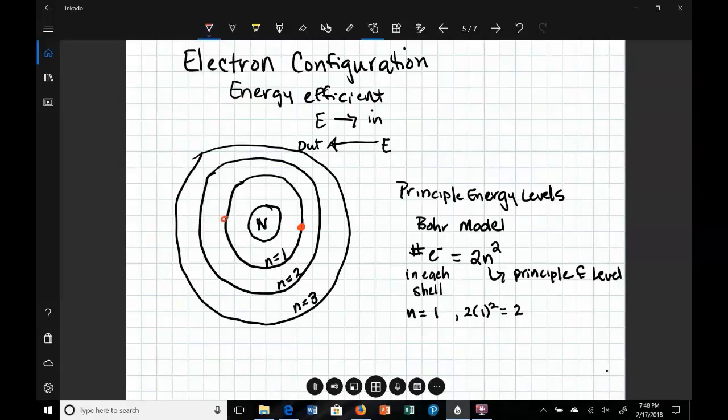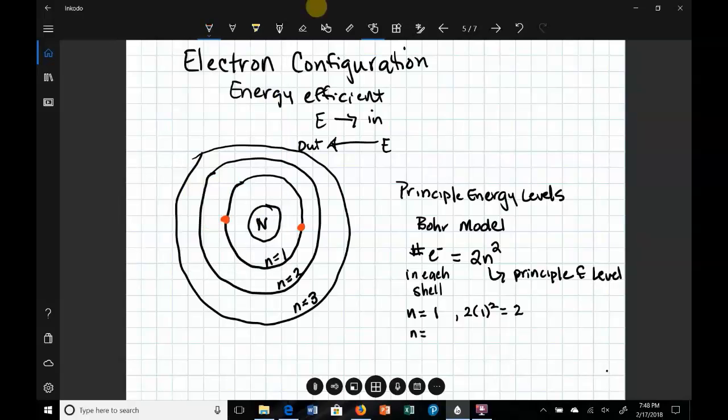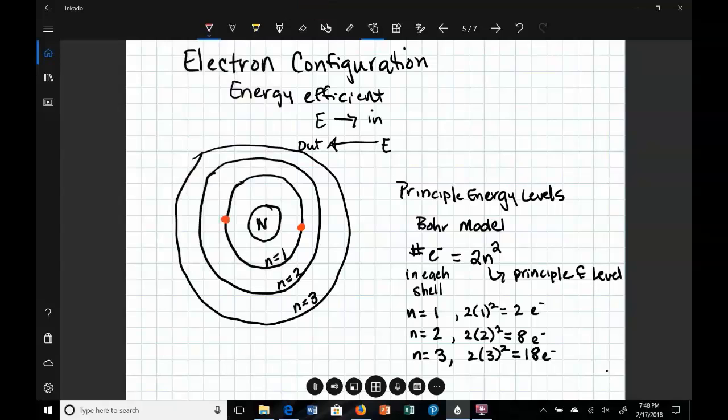And being that things have to be energy efficient, it's most efficient to have those electrons as far apart from each other as possible, because electrons are negatively charged, so they will repel each other if they're too close. If we're thinking about the next energy level, we are able to put 8 electrons, and in energy level number 3, we are able to put 18 electrons. So for ease, I'm just going to show electrons in energy level number 2. Now, that's the Bohr model of